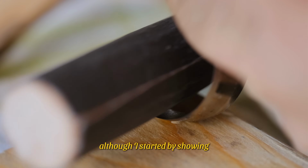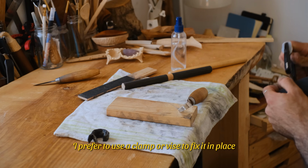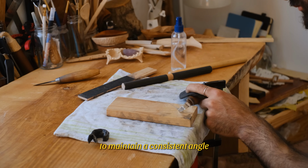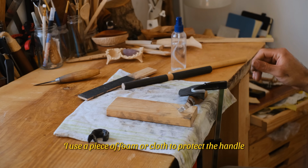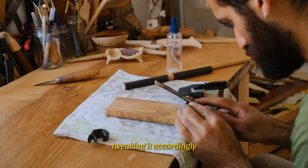Although I started by showing you that I'm holding the hook knife by hand, I prefer to use a clamp or a vise to fix it in place. As I said before, I find it much easier to have both hands free to maintain a consistent angle. I use a piece of foam or cloth to protect the handle. This is a bit improvised, so I always need to check if my blade is stable and fixed, tweaking it